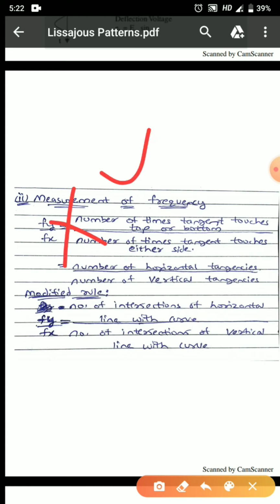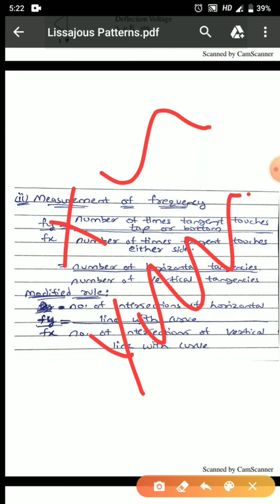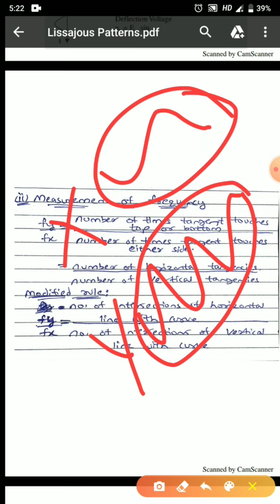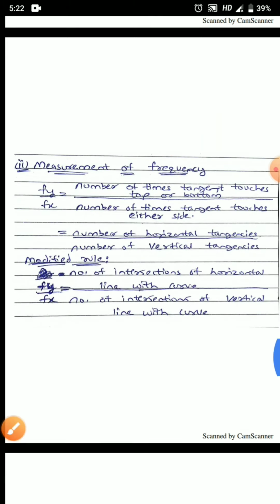To the X plate a sinusoidal signal is given, to the Y plate also a sinusoidal signal is given. Both these frequencies are different, right? The wave applied to Y plates is twice that of the voltage applied to X plate. This means that the CRT spot has to travel 2 complete cycles in the vertical direction and only 1 in the horizontal direction, right? So depending on how these different waveforms are given, based on that many times the spot will move in the X direction or in the Y direction, right?